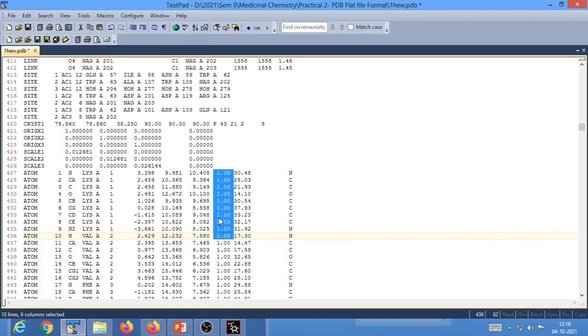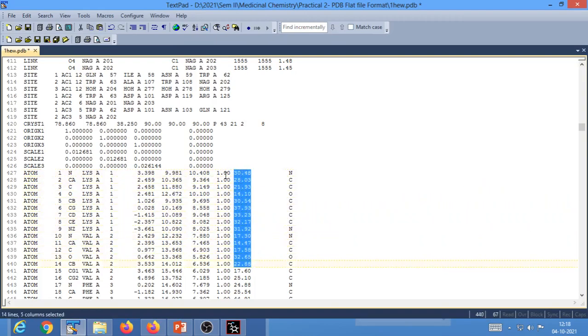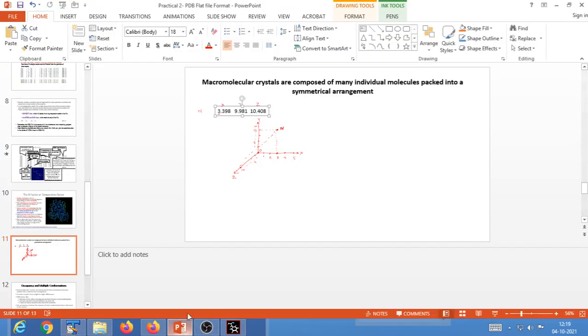Okay, and the column subsequent to occupancy is called the B factor column. This column corresponds to the B factor of each and every atom in your PDB file. So now let us start discussing what exactly occupancy signifies, and what B factors are and what they signify. For that I think we would need our